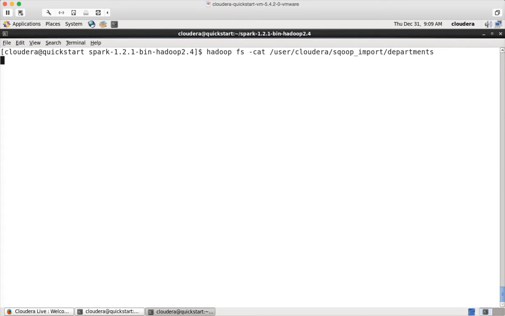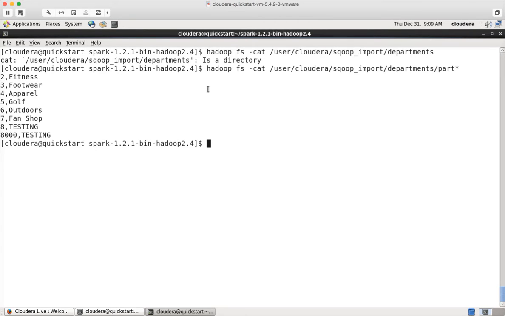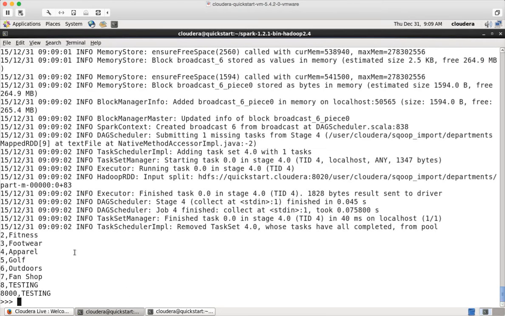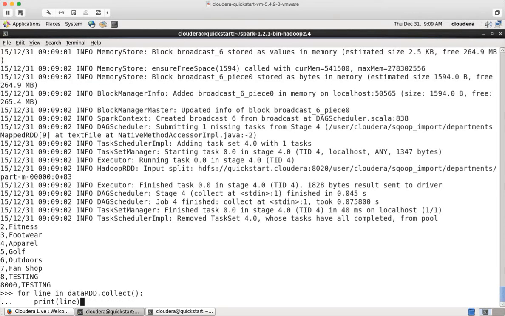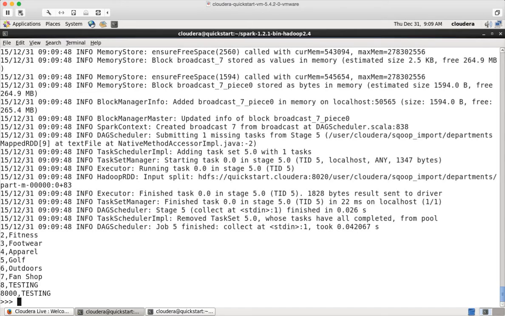And I have to give the file prefix also with pattern so that it can read multiple files under that location. You can see that the output of this Hadoop fs minus command and this for loop is same, because it is reading one line at a time and writing into the standard out because of the